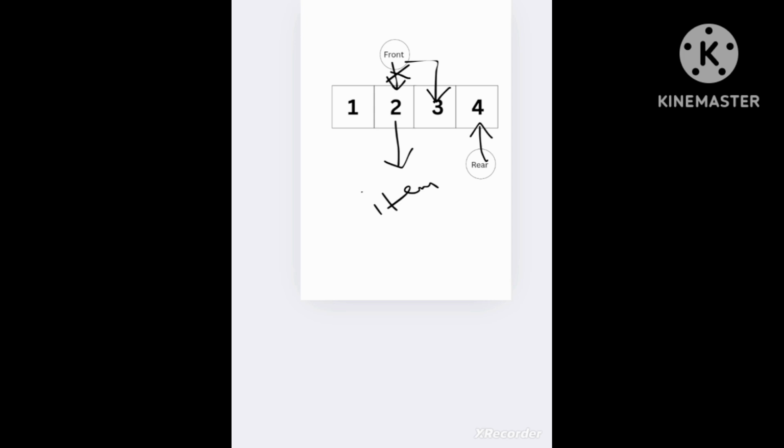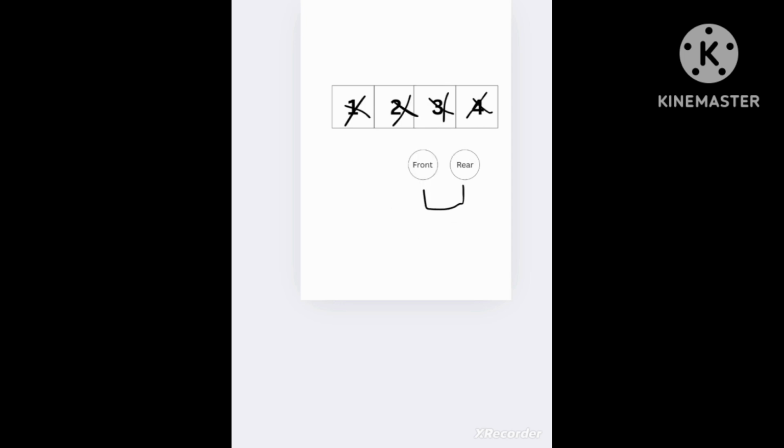In a similar way, the second, third and fourth elements are deleted from the queue. In this way all 4 elements of the queue are deleted one by one, and at last front and rear both have the equal value, that is null, meaning the queue is empty.